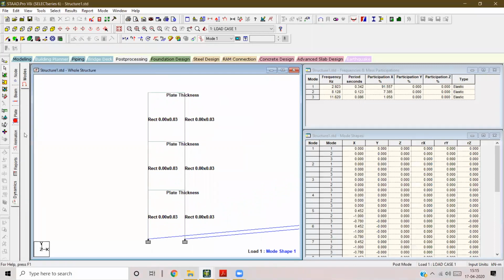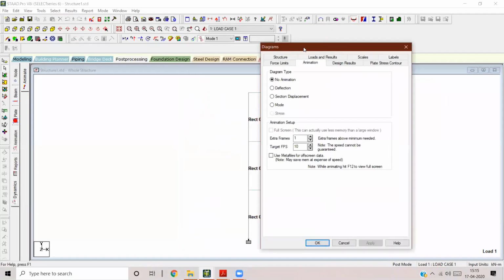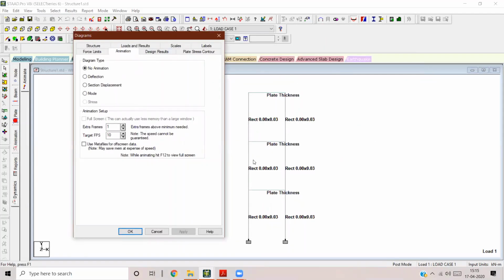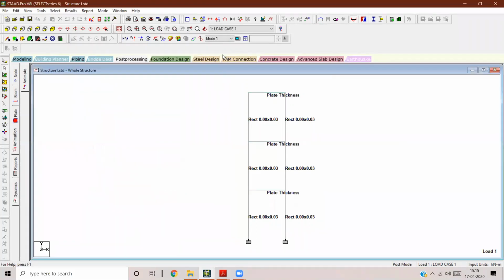Here I'll enable the front view so that the view is a proper front view. Next, if I want to see an animation of how the structure is swaying, you can use this. But unfortunately, right now you can't see it because the scale is a little too high. So we'll have to go to Scale. If you see this mode shape, it is at 0.1. Now, this scale of 0.1 is more suitable for high-story buildings, but we have a very small model. So bring this to around 10. Say apply.